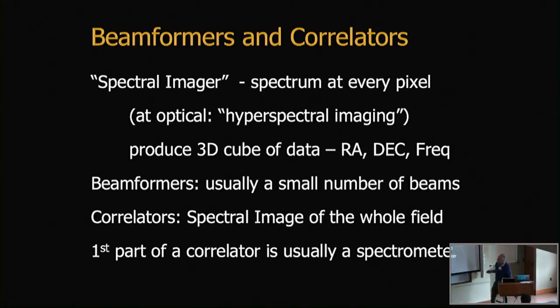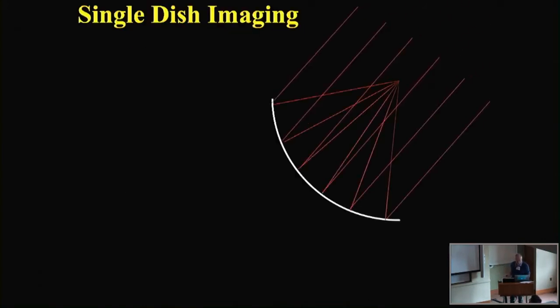So beamformers we usually build if we have just a small number of beams. Correlators we build make an image of the whole field of view. So you get lots and lots of pixels, thousands or millions of pixels on the sky. Correlators are made of spectrometers, and I'll talk a little bit about that. I want to say a little bit about how arrays work,